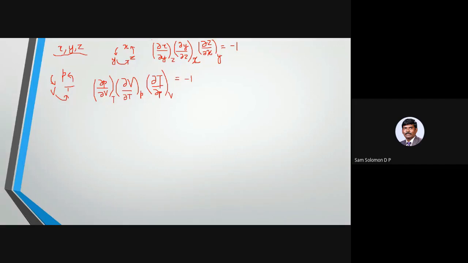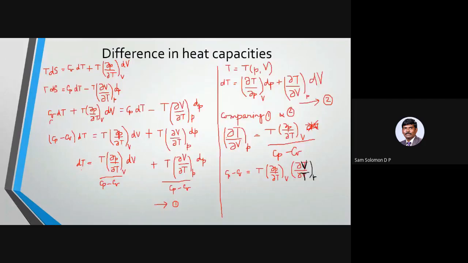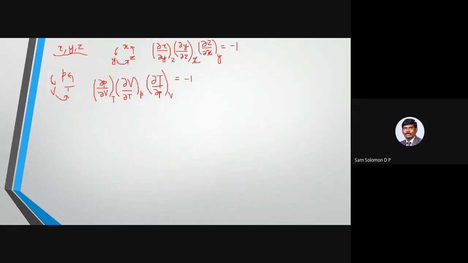So if you look at the previous relation, what we have here is P times partial P partial T at constant P multiplied by partial V partial T at constant P. Okay. So what we can do is write partial P partial T, which means I am taking it to the other side. Partial P partial T at constant V is equal to minus of